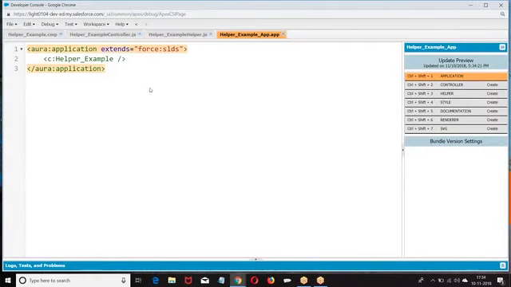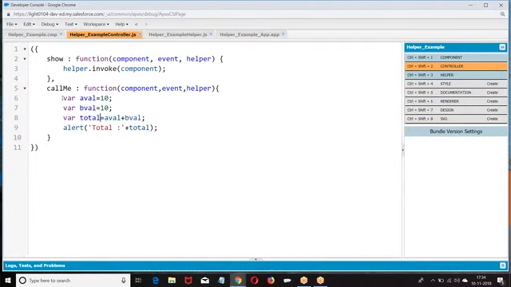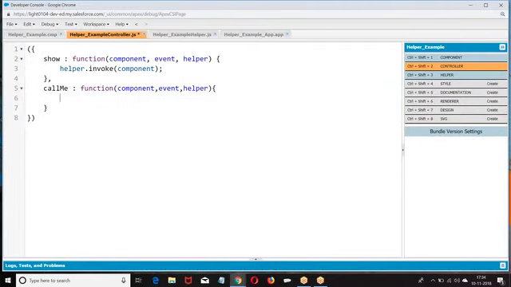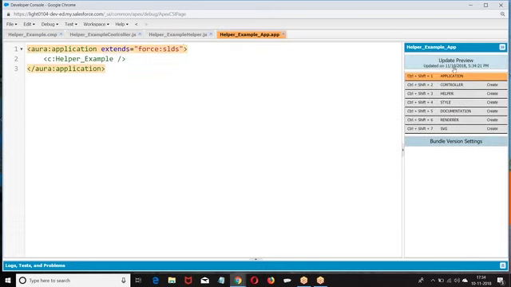So when the same functionality is repeating, why do you want to write the code twice? We can simply define it like a helper and invoke it here. Right.